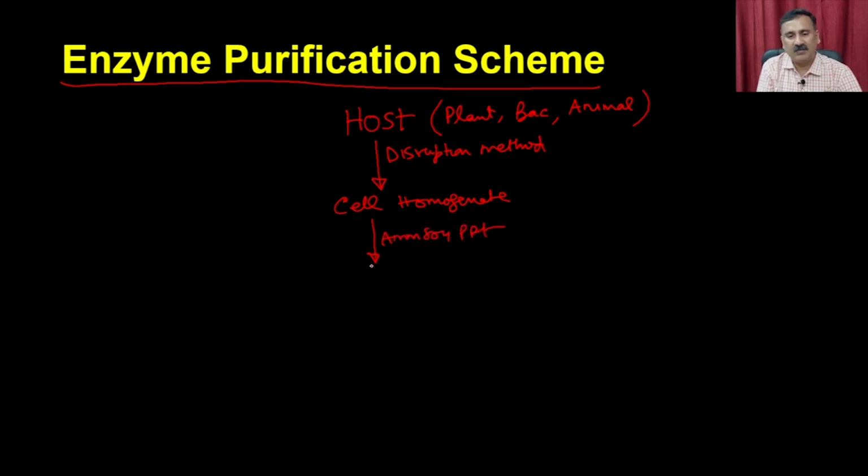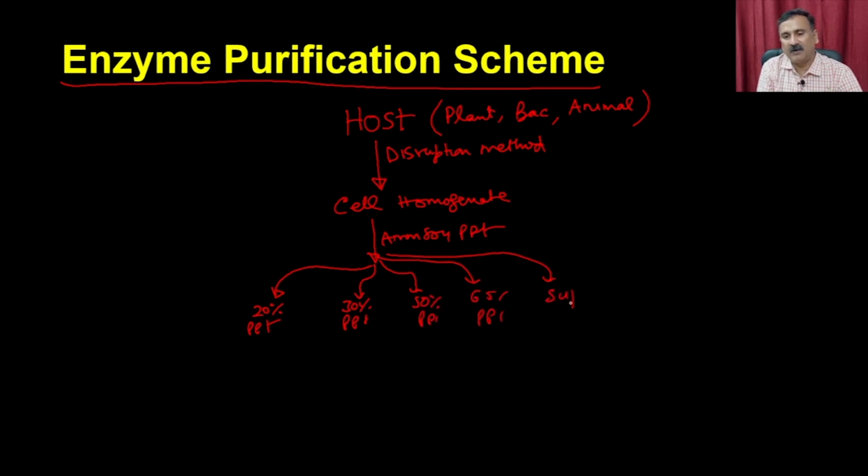Okay, and that ammonium sulfate precipitation is actually going to give you multiple fractions. It's going to give you the 20% precipitate, the 30% precipitate, the 50% precipitate, the 65% precipitate, and also a final supernatant. All of these can be analyzed on SDS-PAGE, so you can check the purification of the enzyme on the SDS-PAGE, and you can